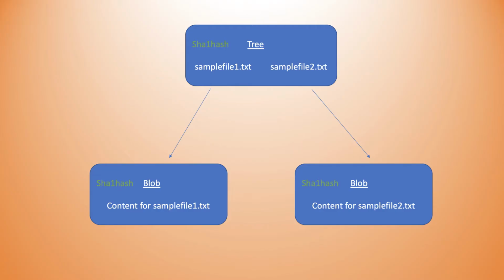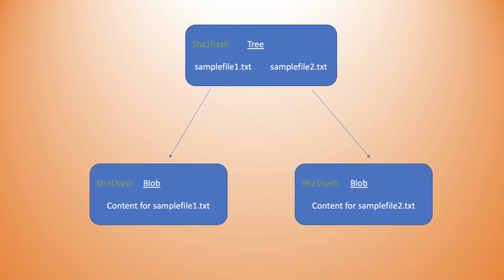Just to give an idea, a tree contains the directory structure in Git. As we have seen, a blob only contains the content of a particular object, the size and the type of object followed by a delimiter. But in the case of a blob we are not able to store the file name. In the case of a tree we are able to store the file name, as well as create a hierarchy structure for directories.